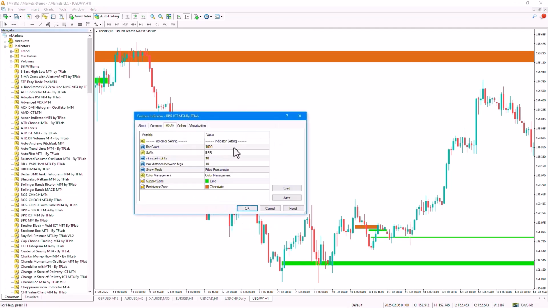In the settings section, in the input section, there are options for us. In the first section, you can specify the number of candles to identify and draw the BPR limits, which is set to 1,000 candles by default. In the next section, you can specify the indicator object, which is set to BPR by default. In the next section, you can select the minimum size limit for the BPR based on points, which is set to 10 points, or 1 pip by default, which is the minimum distance and height of the BPR box for